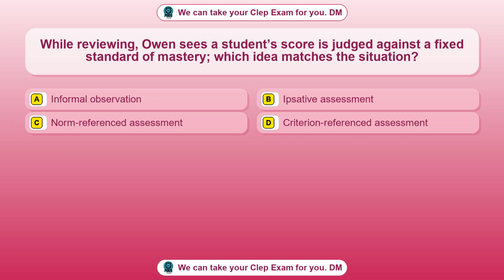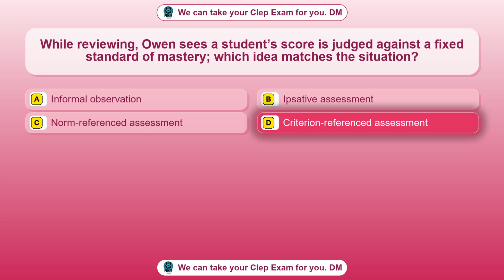Question 54. While reviewing, Owen sees a student's score is judged against a fixed standard of mastery. Which idea matches the situation? Option A, informal observation. Option B, ipsative assessment. Option C, norm-referenced assessment. Option D, criterion-referenced assessment. The correct answer is option D,